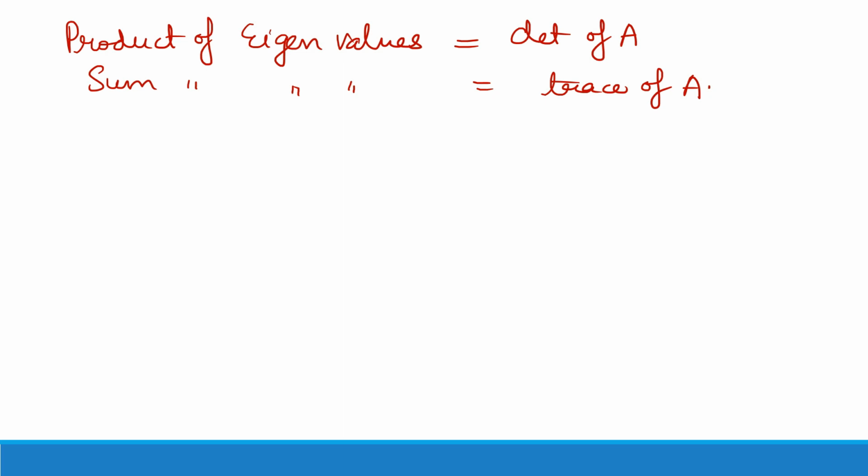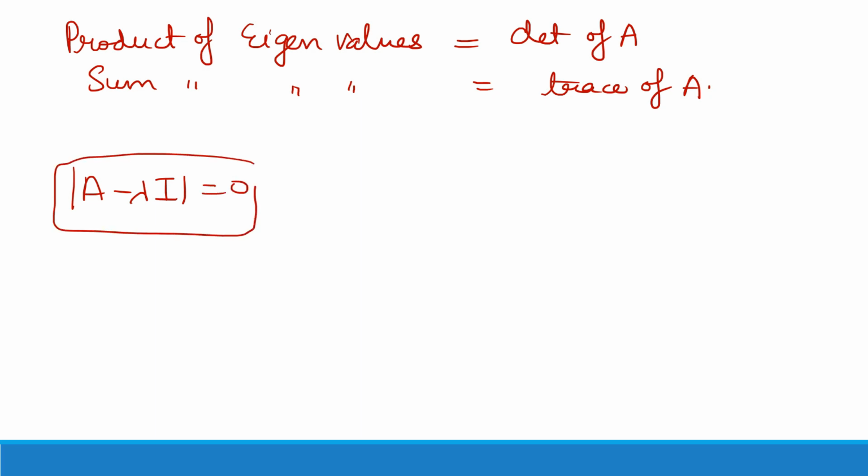And one more thing: the method which I have discussed for calculating the characteristic equation is very important, because otherwise if you expand A minus lambda I as such, there are more chances of making a mistake. And because this is the main part of your question, if the characteristic equation is not correct, obviously you are not going to get correct eigenvalues. So it is better to use the formula which I have explained in this lecture.